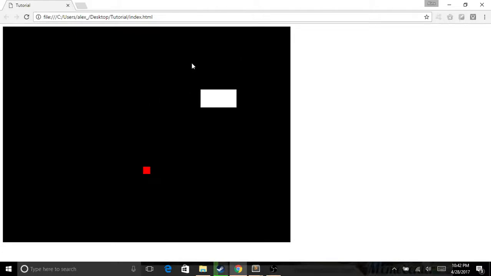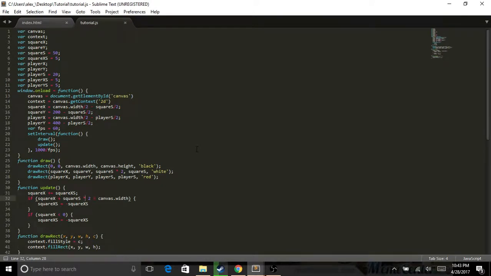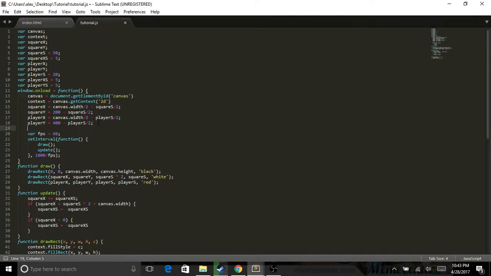It's a longer square, and as you can see, we can't really move our player yet. So what we need to do is add an event listener to where it would listen for the keys. Not really, it'll just see if you pressed a key or not. So anyways, we're going to put it here. We're going to call this